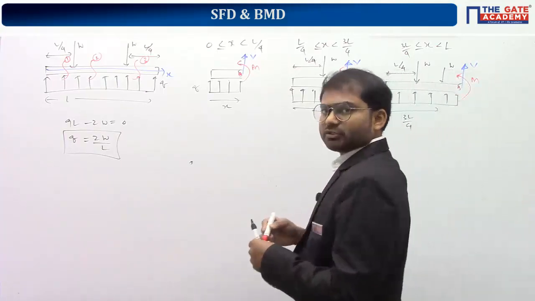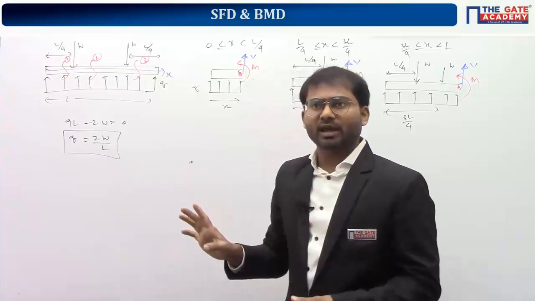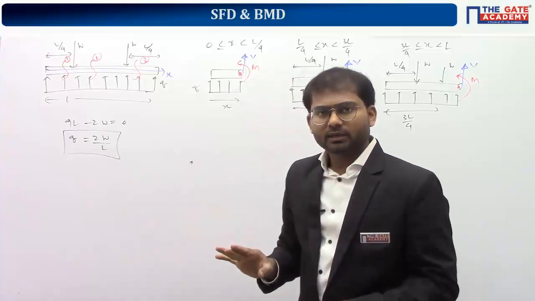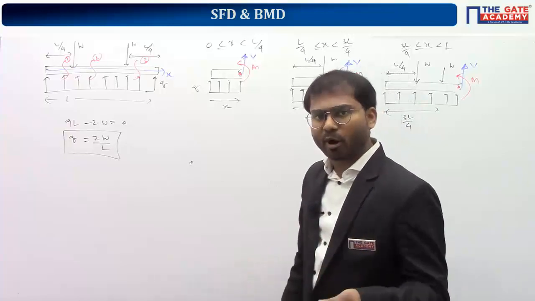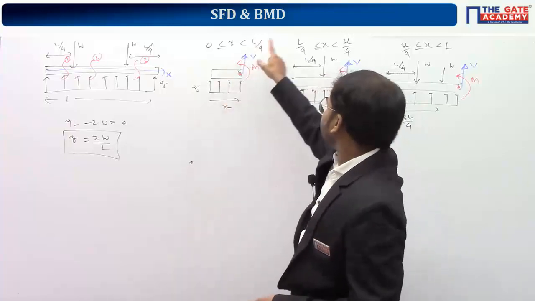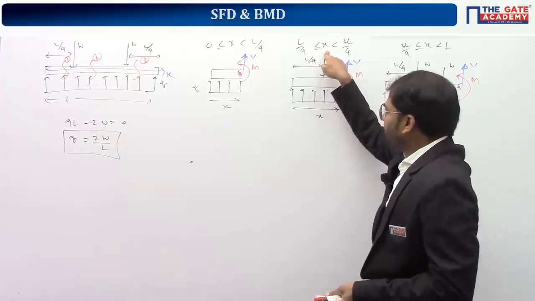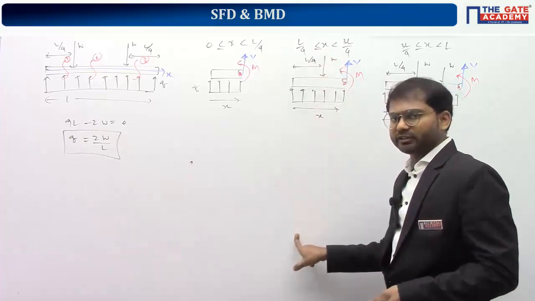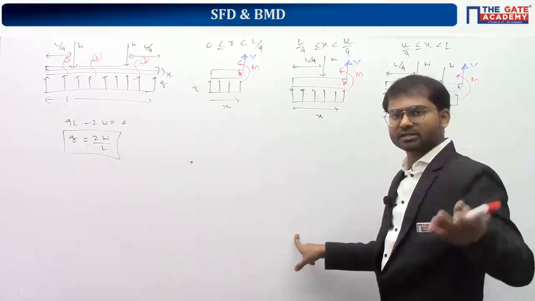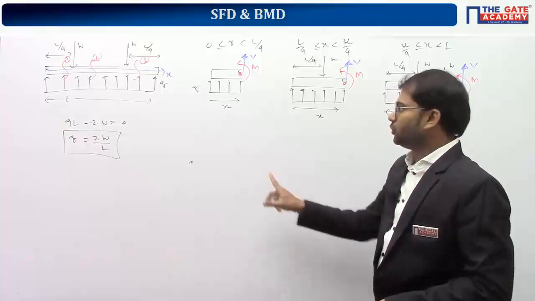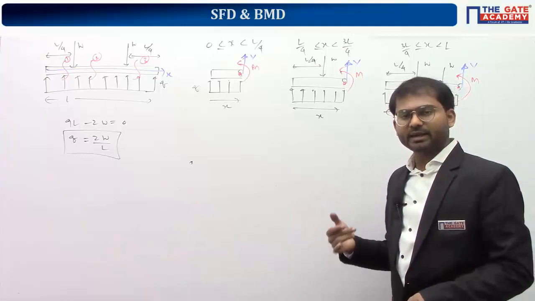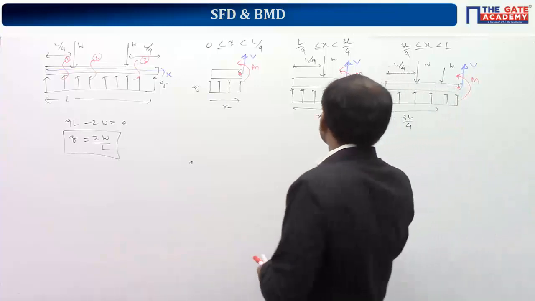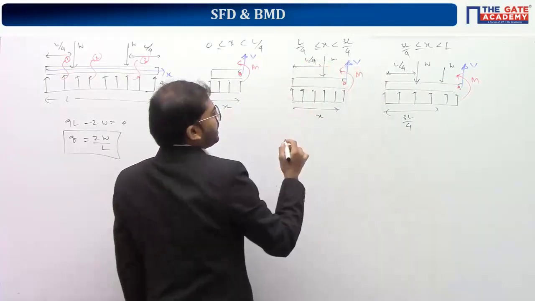In this question, they are not asking us to draw the whole bending moment diagram. They are simply asking what is the bending moment at x equal to L by 2, the center point. x equal to L by 2 is inside this range. So simply evaluate the value of M for this range and substitute x equal to L by 2. That itself will give you the answer. So these two calculations are unnecessary, redundant. Clear? I want to get the value of bending moment only.